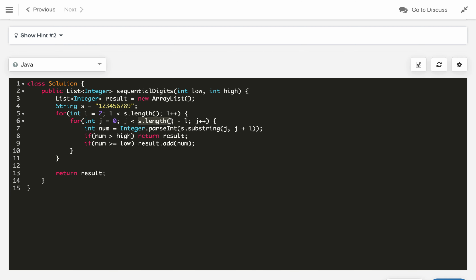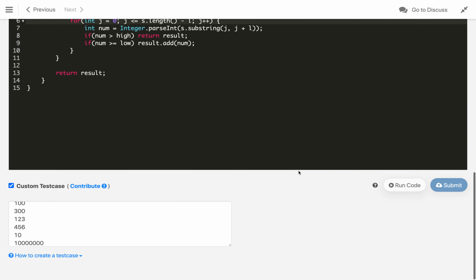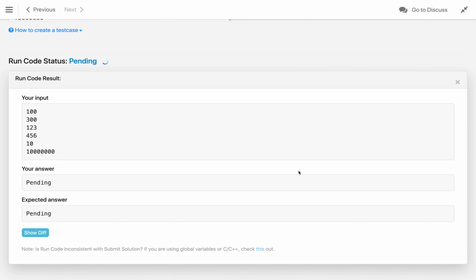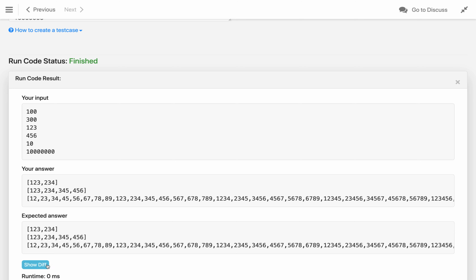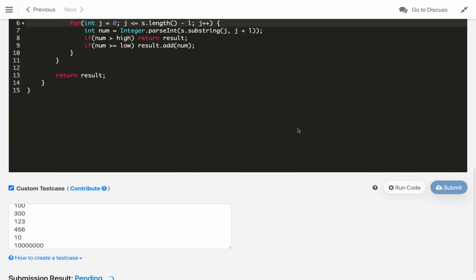So we will take 7 plus 2 which is 9, but we are not taking it. So instead of this we will take the plus 1 here or an equals sign here. Basically we have to process for all the digits. So let's see, yeah, now we are getting all correct. So let's submit our code